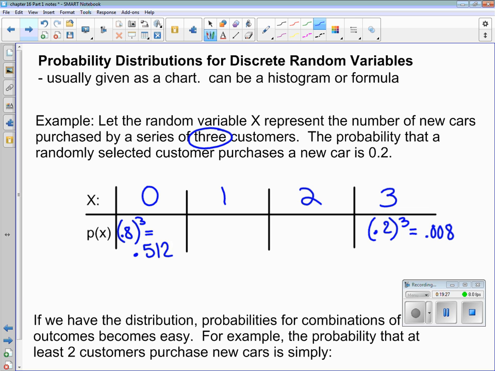Little slots. Let's try that. So we know that if 1 person bought the car, that person can be the first one, it could be the second one, or it could be the third one. Would you agree with that? So we would have, I'm just putting in my slot, to call it a slot diagram. So it means that the first person bought the car. That means the second one didn't, the third one didn't. Okay so far? Or it could be the second person that bought the car. Or it could be the third person that bought the car. So what we'll need to do is we'll need to plug all of this in to see what